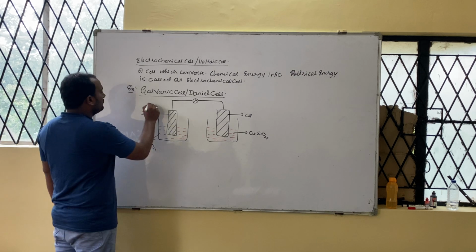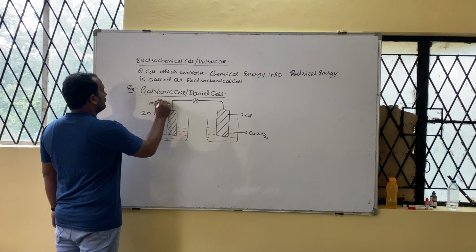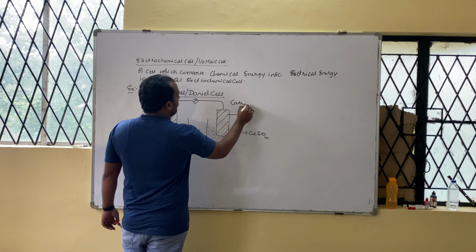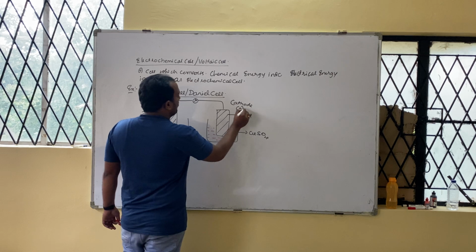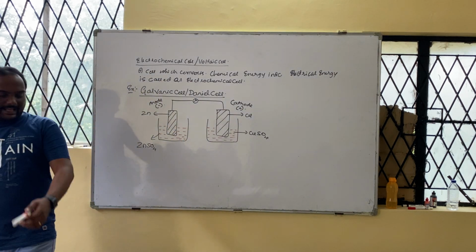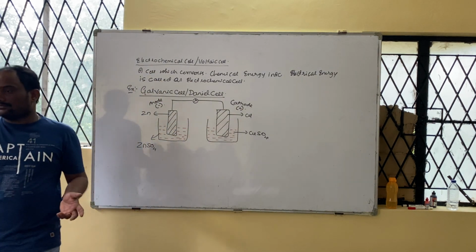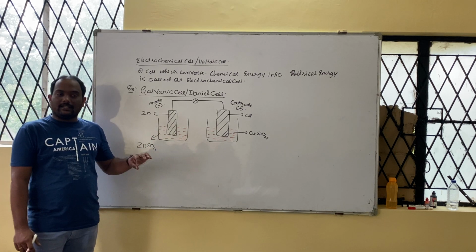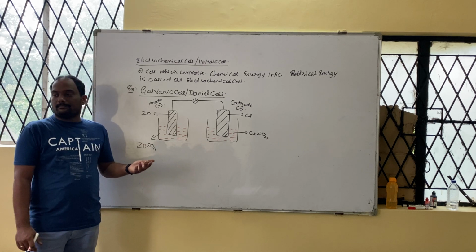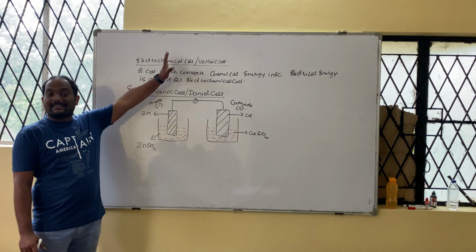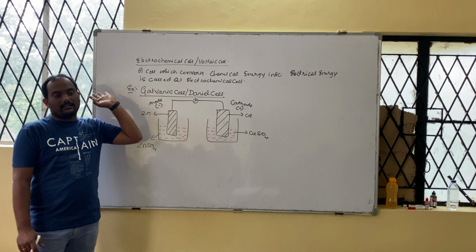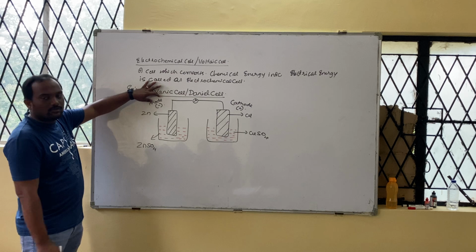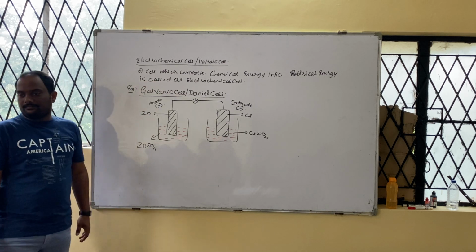So the anode is zinc with a negative sign. Cathode with a positive sign. That's why, in the last diagram you have written anode positive, cathode negative, but here you are writing anode negative, cathode positive. Why? Because you already know the electrochemical cell is exactly the reverse of the electrolytic cell. Got the point? Here electrons are generated from the anode, that's why it is negative charge. Tomorrow I will explain it.